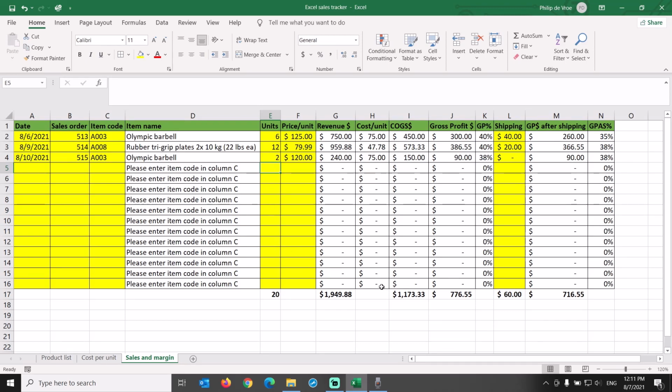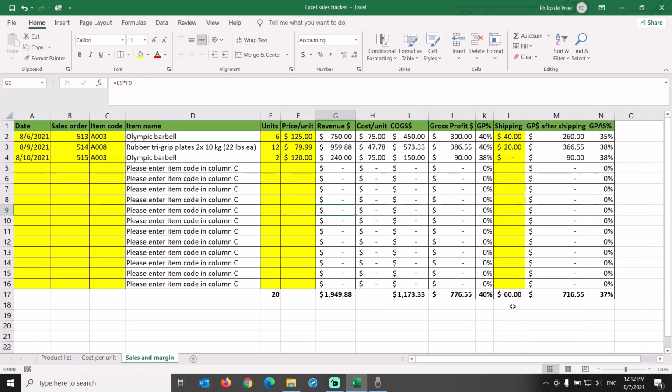We can add a formula to calculate the average gross profit margin percentage. This is equal to the sum of the gross profit dollars divided by the revenue dollars. Let's highlight this in bold, and no Excel, this is not an error. You can't just take the average of the gross profit percentages in column K, but have to calculate the weighted average from the sums. Same story for the gross profit percentage after shipping. With only 3 line items, the data is easy to review and analyze so far.